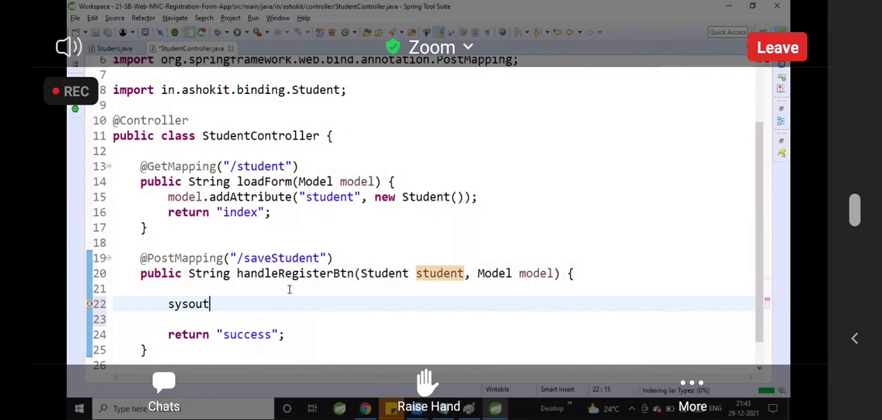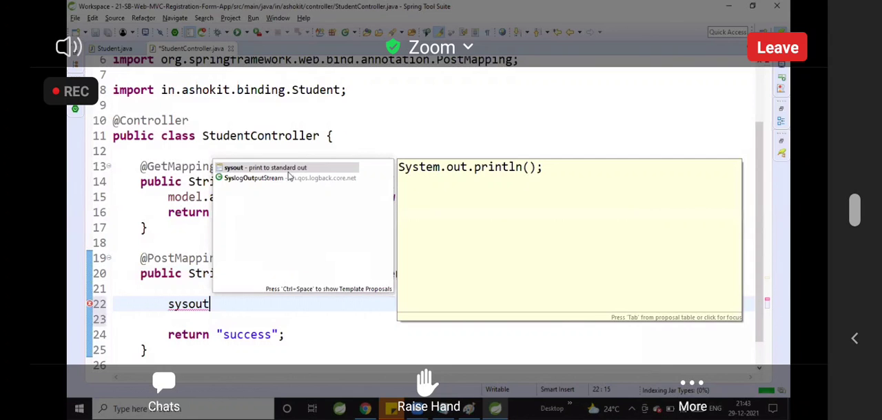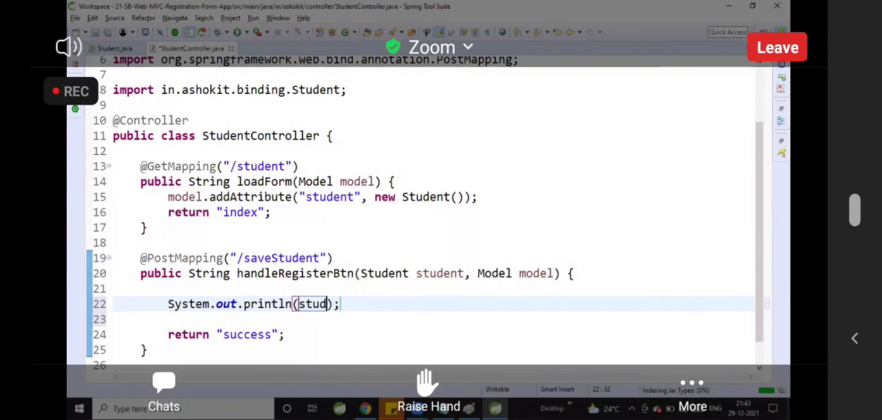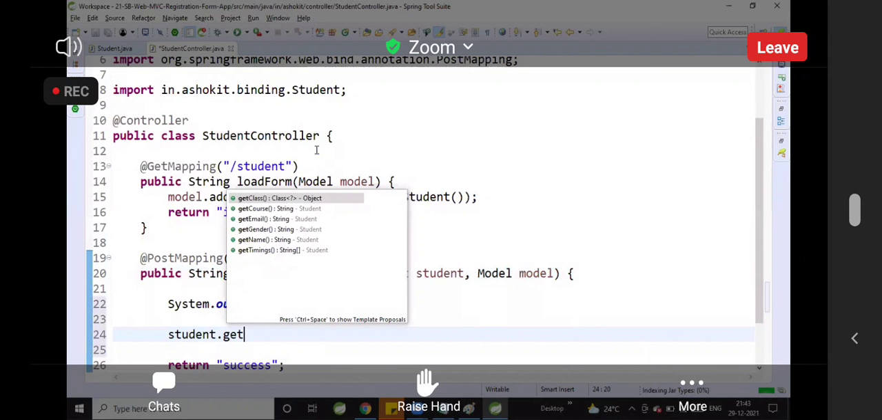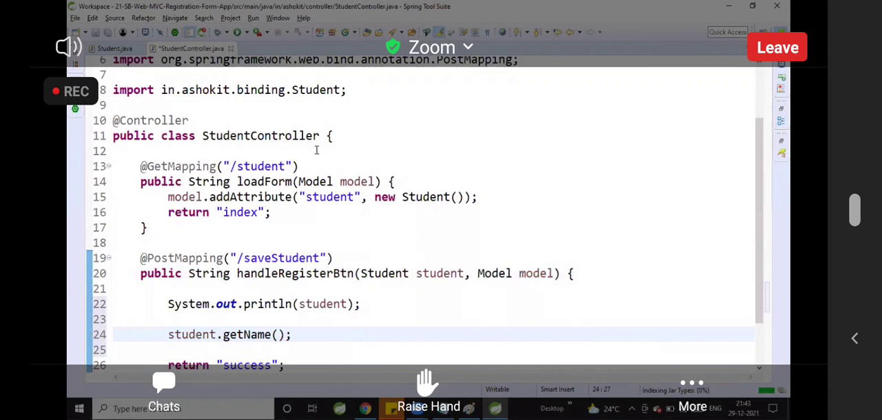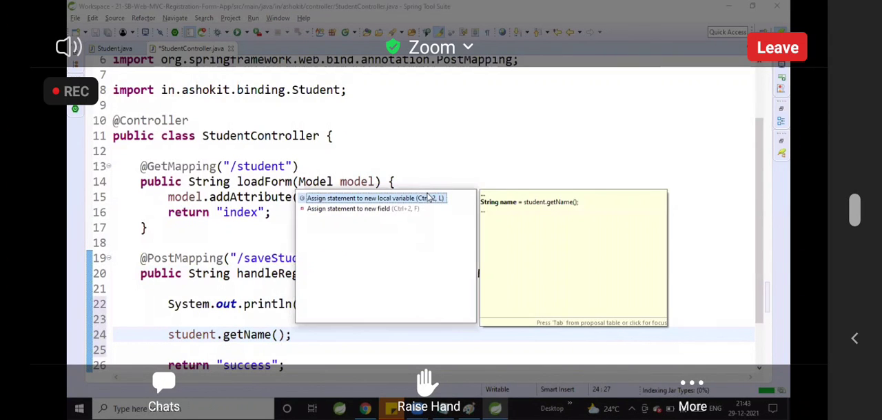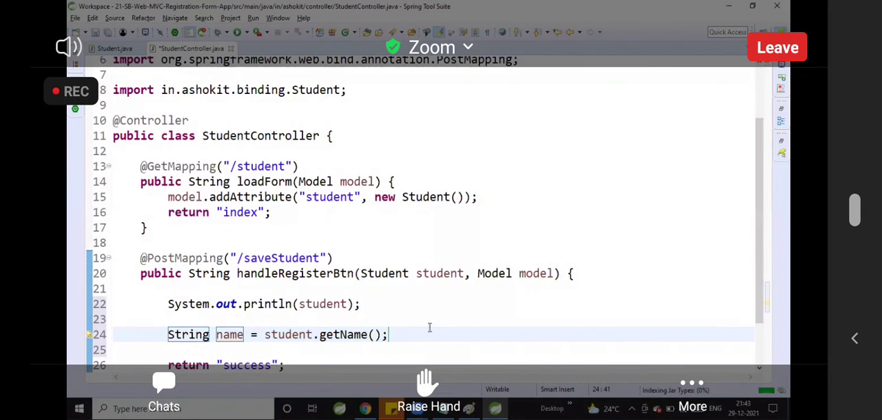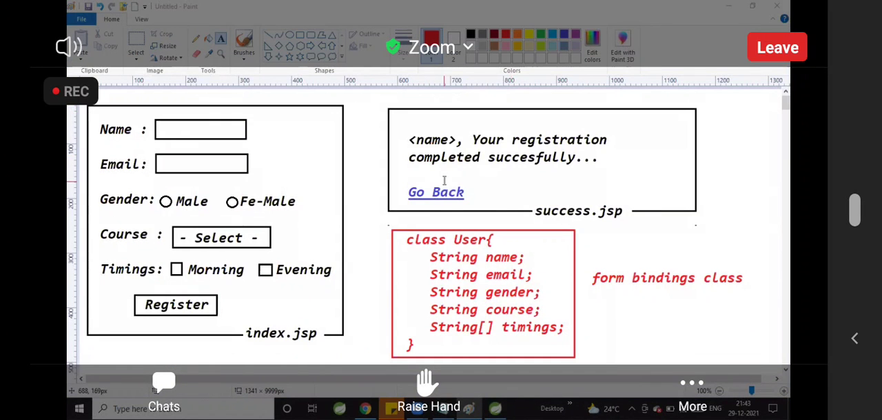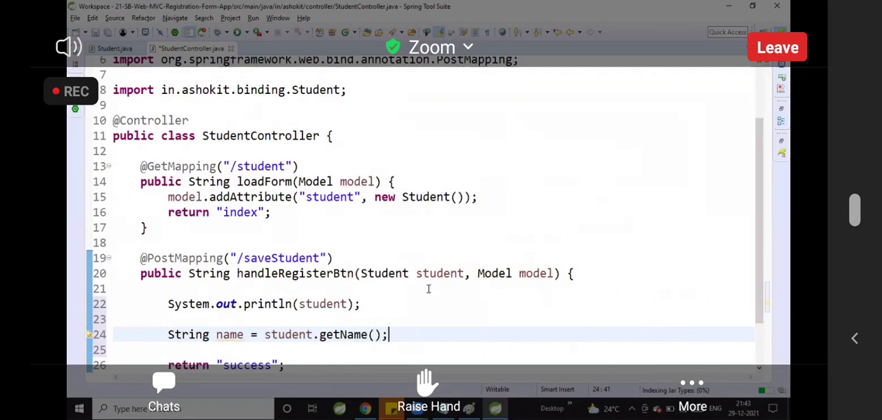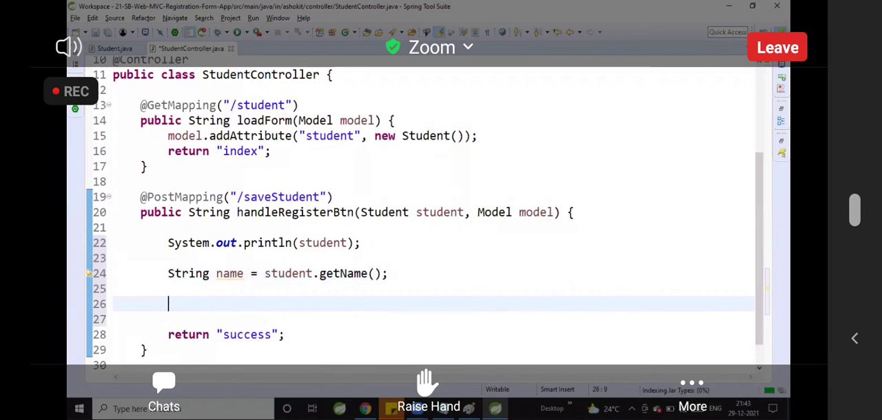Okay, I'm going to capture student data. First let me print that student object, to see whether we are really capturing the form data or not. Then student.getName(). So what is the message that I need to display, guys? Name comma your registration completed successfully. This is my message. Name I got it. Now String messageText is equal to name